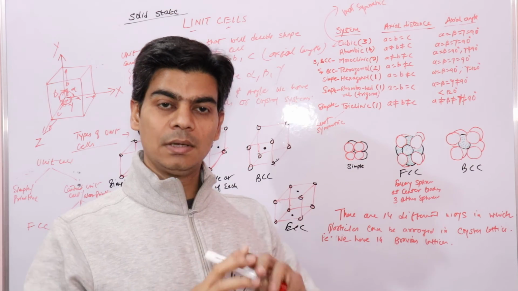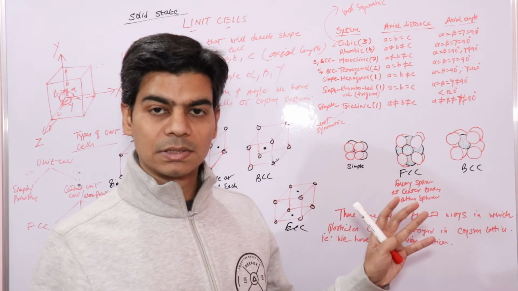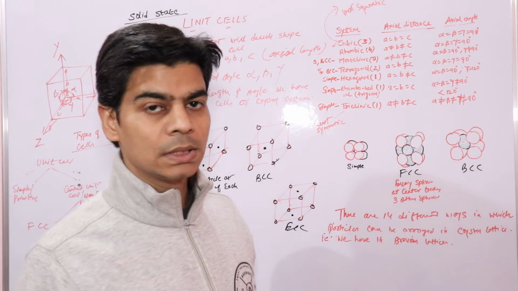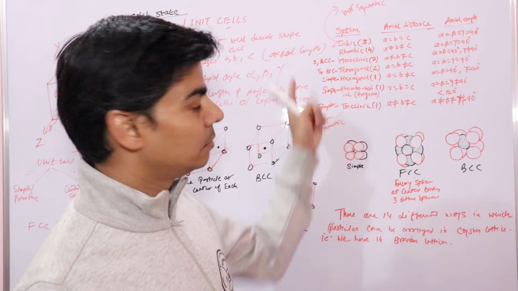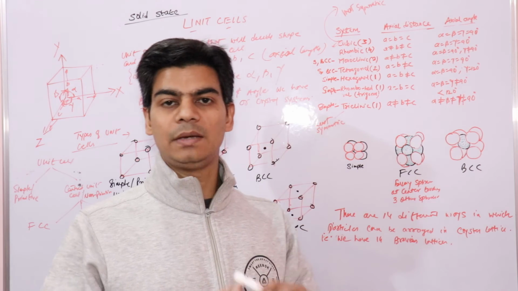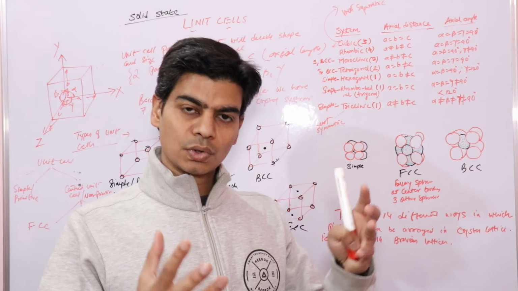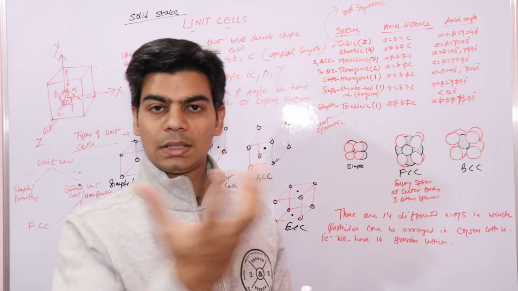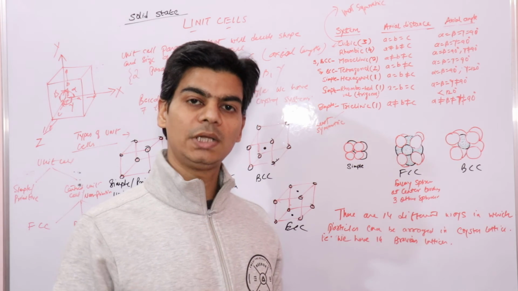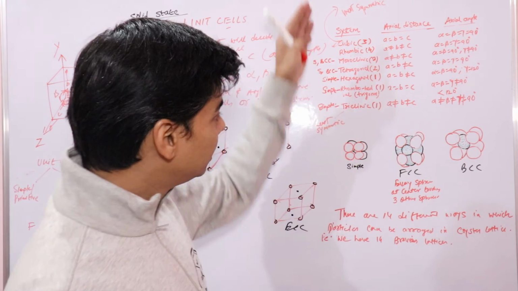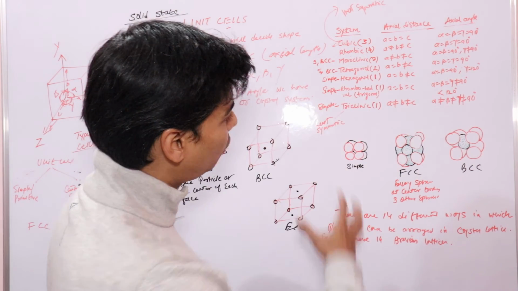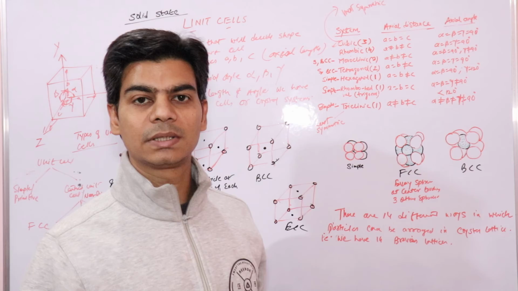Particles can be arranged in 3 dimensions based on these geometries. Considering all these geometrical figures, there are a total of 14 different ways in which particles can be arranged in 3 dimensions. So the arrangement of particles in 3 dimensions gives you a crystal lattice. That means we have 14 different crystal lattices in these 7 crystal systems, and we have already discussed how many crystal lattices belong to which crystal system.